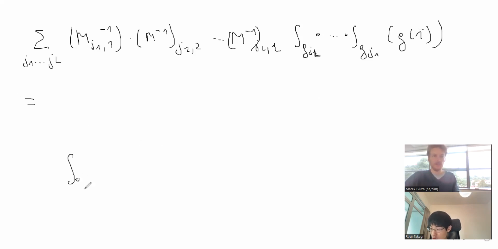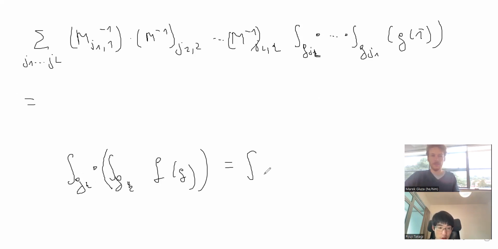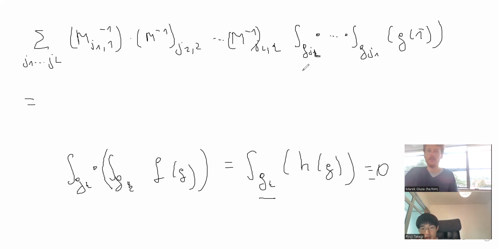First of all, if I integrate into GK and I integrate GK again, so whatever function f of g I had here, after this integral, this function will not involve that integral. So I will have some, not g, some h of g, but it will not involve gk, so it will be 0. So that's the first thing that will drop, which means that from this we get that